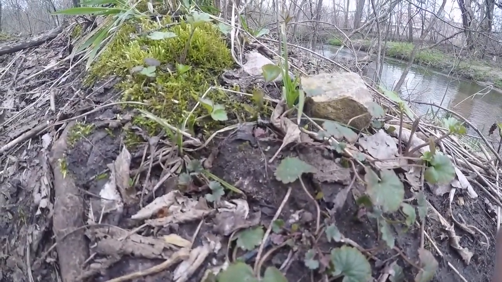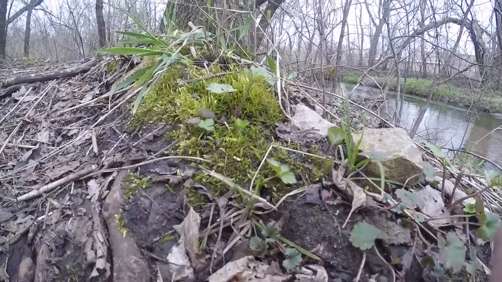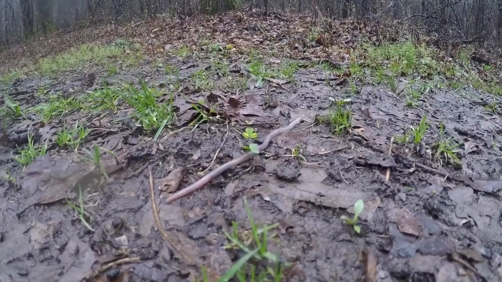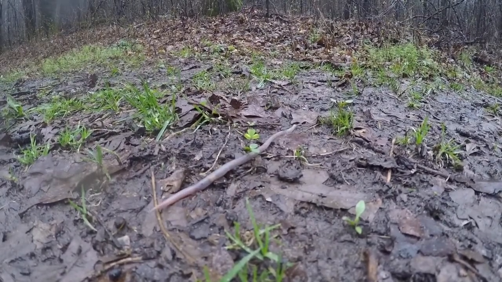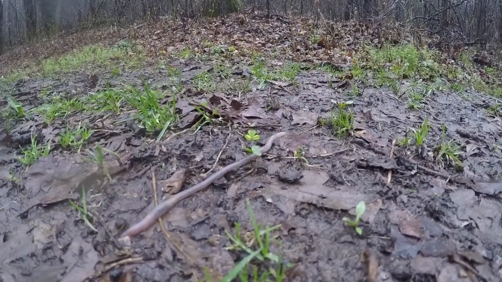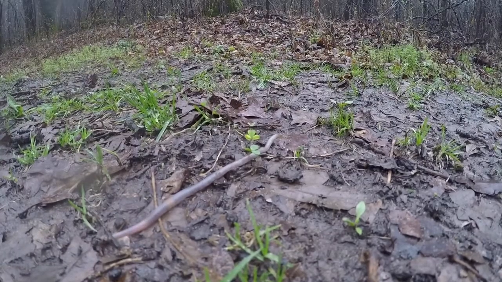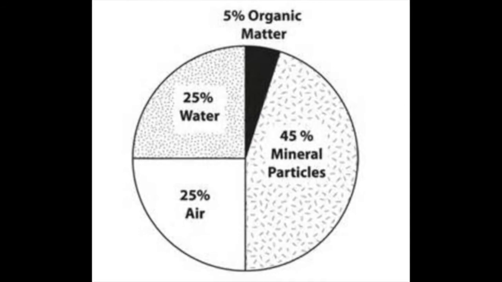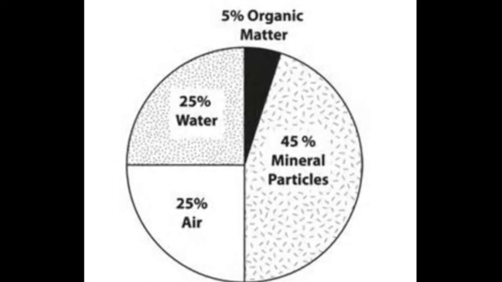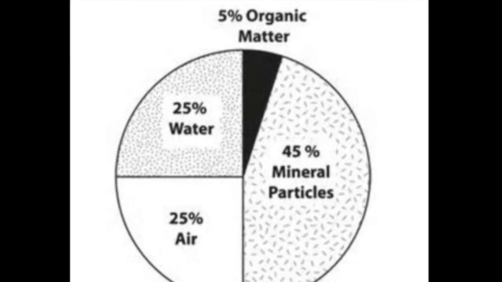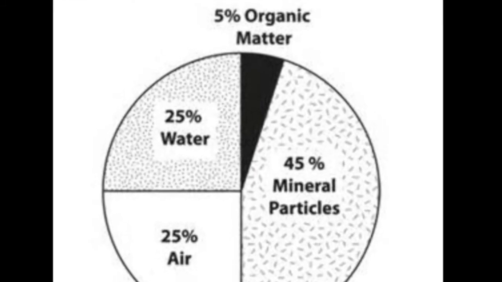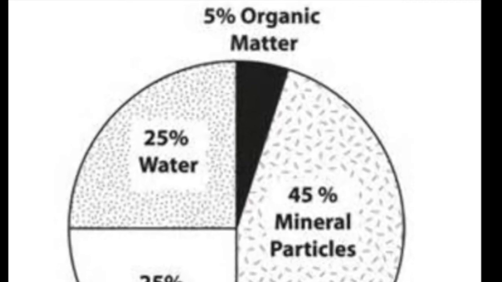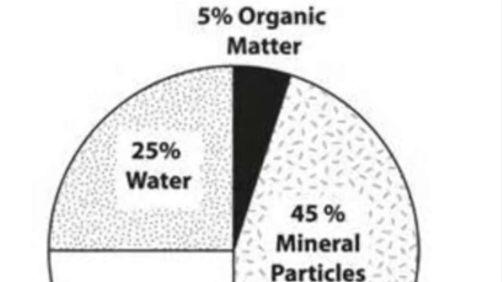Biological organisms, both living and dead, play an important role in the development of healthy soils. Earthworms break down nutrients for plants and dig intricate tunnel systems in the soil, creating pathways through which essential water and air can enter the soil. Soils typically contain about 25% water and 25% air. About 45% of the soil is accounted for by the weathered minerals we discussed earlier. The remaining 5% of soil is what soil scientists call organic matter.